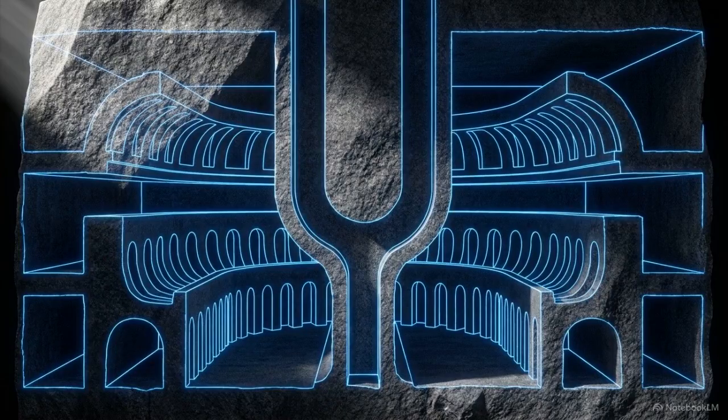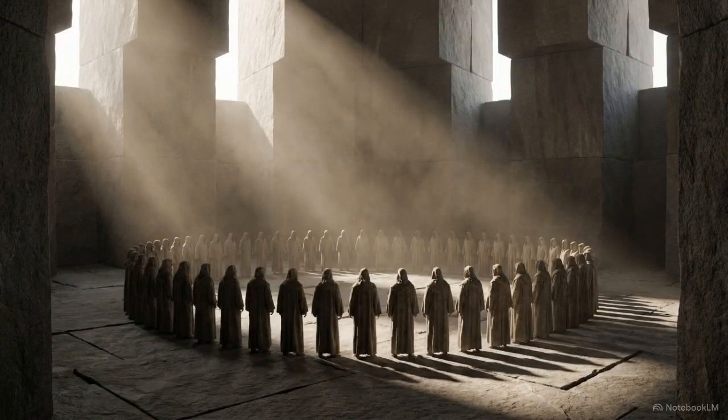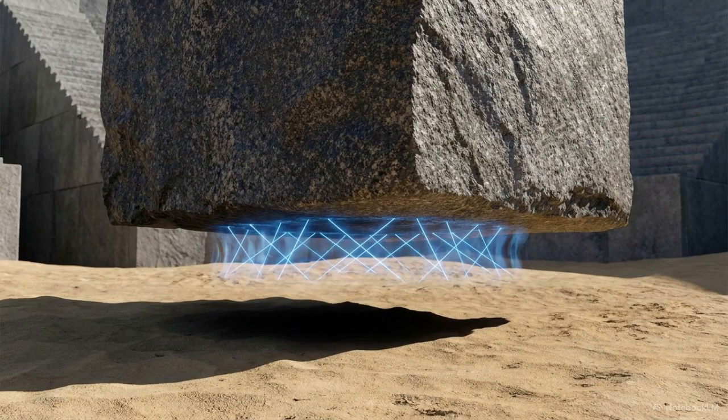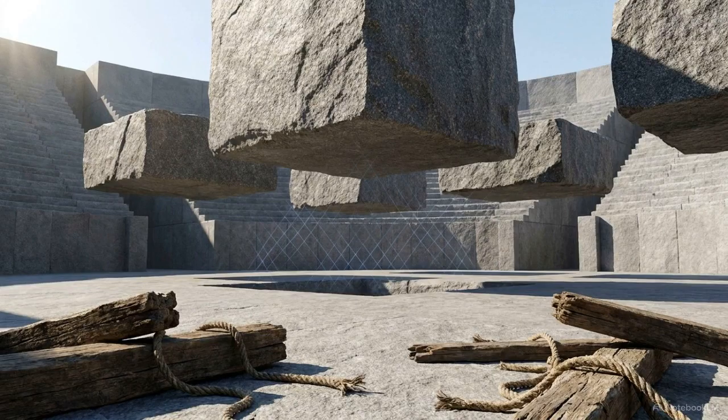Look at this ancient temple cross-section. It shows these structures were precisely carved as massive acoustic amplifiers, structurally mirroring a tuning fork. If a trained chorus stood inside these amplified spaces and chanted specific low-frequency mantras, the resulting acoustic resonance would generate massive standing waves inside the architecture. This suggests a mechanism for nullifying the effective weight of granite blocks, a potential engineering solution for the movement of 100-ton stones that bypasses the need for massive labor forces.